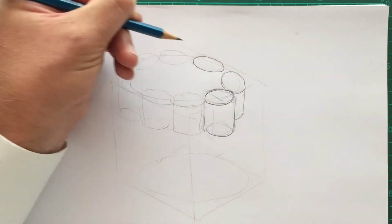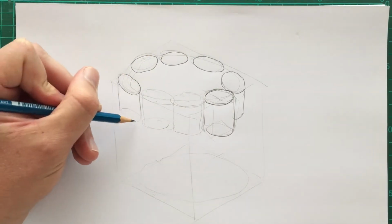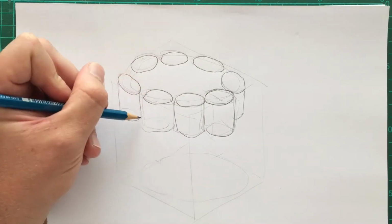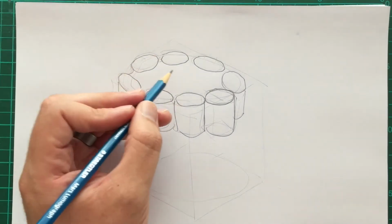See the top of that, and I'd see some of that edge. I'd see the top of that one, the top of that one, the top of that one, and I would start seeing more of that edge there. Ellipse there, ellipse there. Suddenly, we have an idea for how that could be held. All right, we are going to put a little